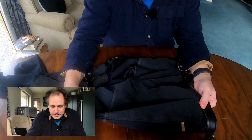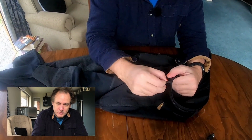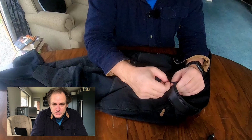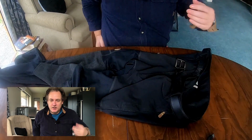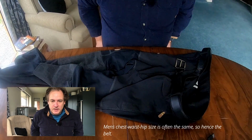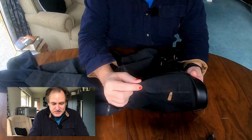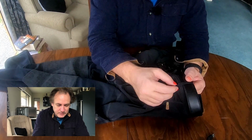I do not like the replacement with no belt loops for men, which I think is daft, because with men and our body shape, the old tummy, if you eat too many pizzas, the old tummy hangs out, and we do not have a wider waist than we do bust like women do. So we don't have a wider hip like women do. So we do not have a waist to have a tighter waist pulling things in. So it is really important that the belt loops are there, and these are really good because they've got